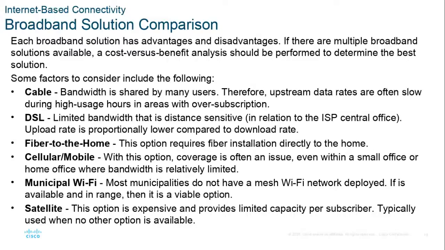Cellular and mobile, cellular coverage is not available everywhere. You might be in an area where it's hard to get. Municipal Wi-Fi, if you live in a state where municipal Wi-Fi is operating well, I think Tennessee is an example of a state where municipal Wi-Fi is still allowed, and you can get cheaper service. But if you're in the middle of the desert, you can still use satellite communication and get connectivity that way, at the highest expense and the slowest.